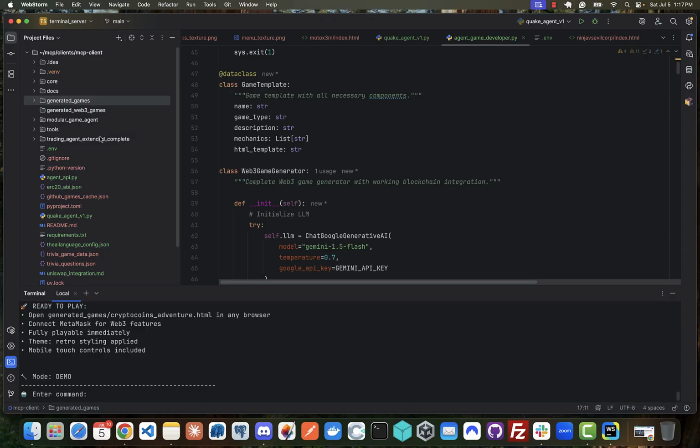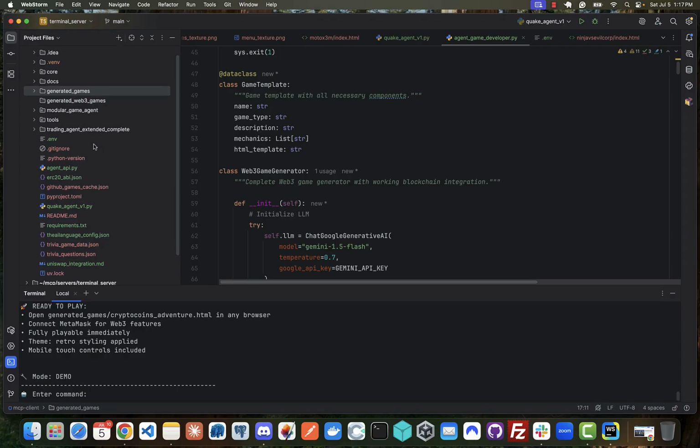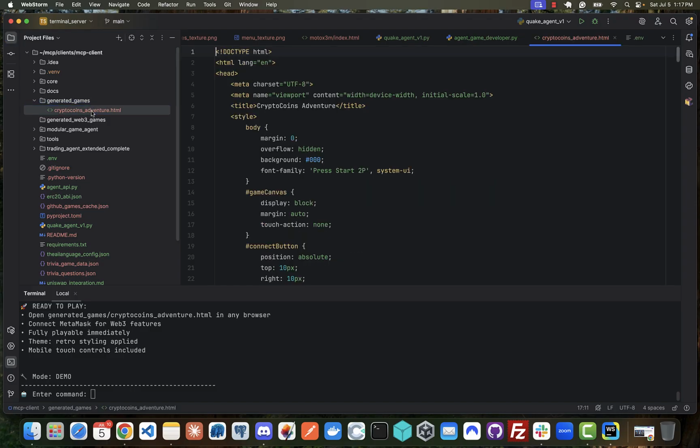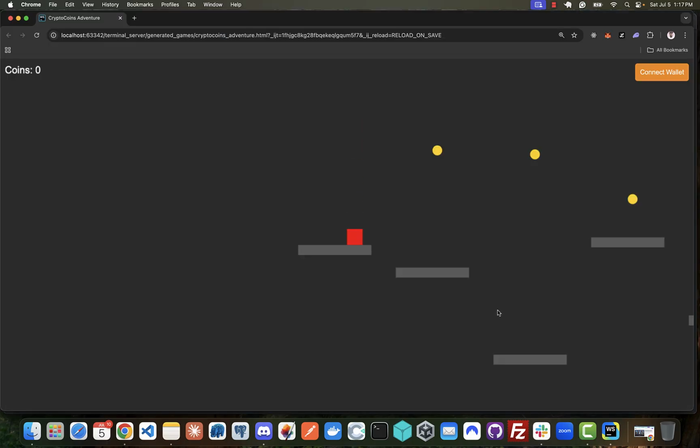Now, after this is done, we will just need to go into our generated games, and then you'll see here we have our crypto coin adventure. I'll open this up, and then we will give it a test and see what we got. Okay, so you can see here that it actually created a game for us. We should be able to connect our wallet. Sometimes that part doesn't work,